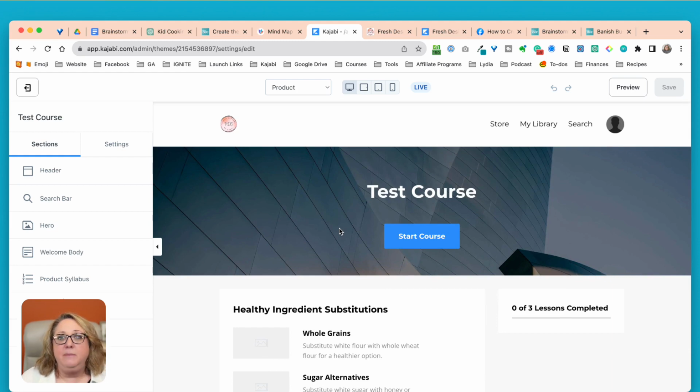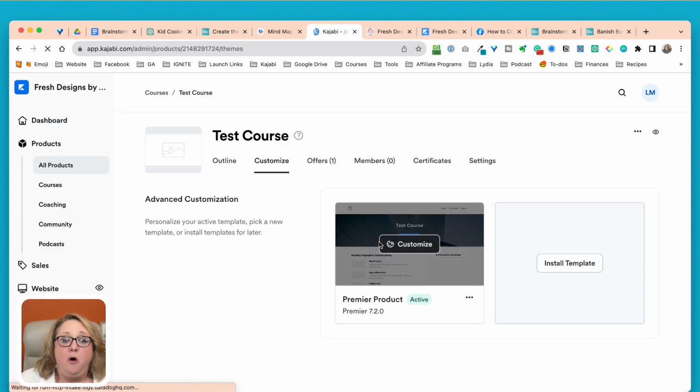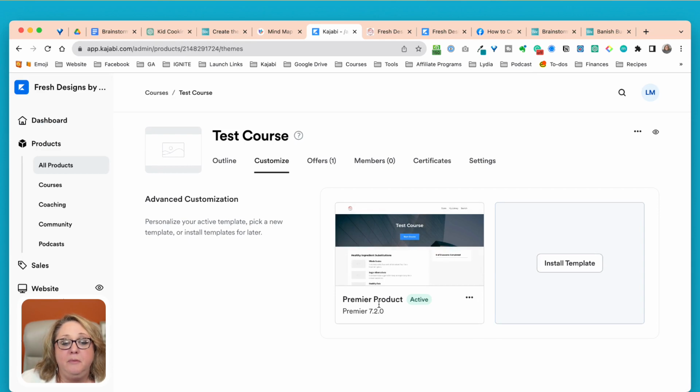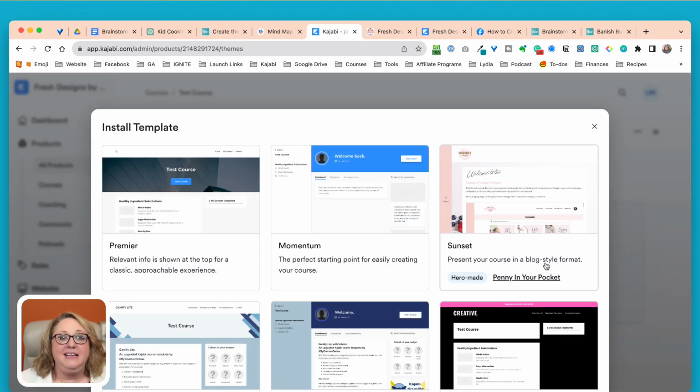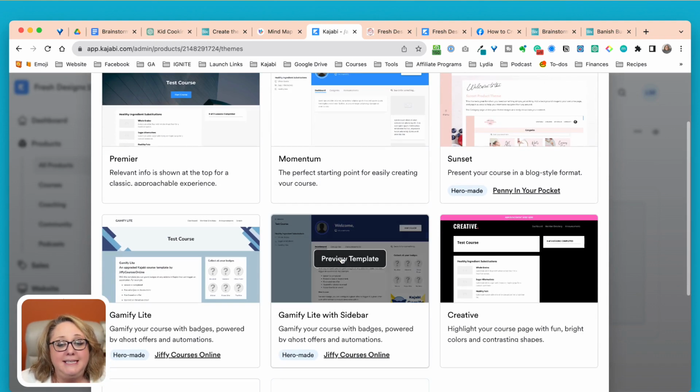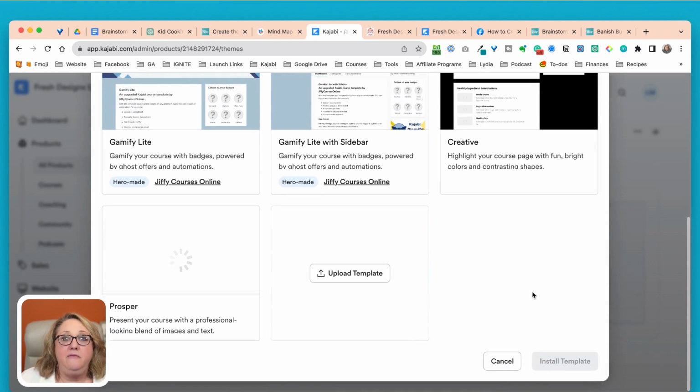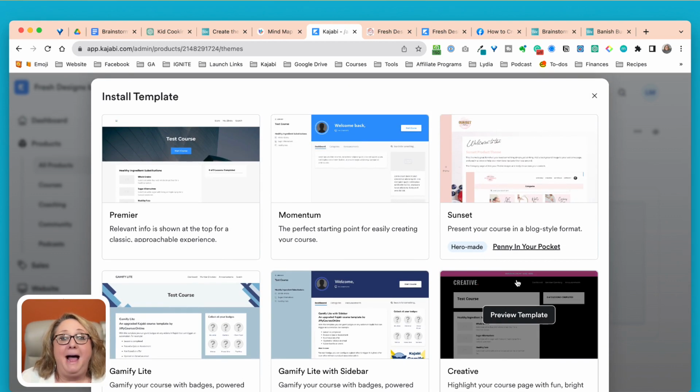So I just want everybody to understand, when you're building in Kajabi, you're entering your content, but the first course you're making especially, you're going to need to choose the design. What do you want the course to look like? Now, you don't have to just use Premiere. There are many other templates that you can use. In fact, if I click Install Template, you'll see there are quite a variety of free templates inside Kajabi that you can pick from. My favorite 3 are right here at the top.